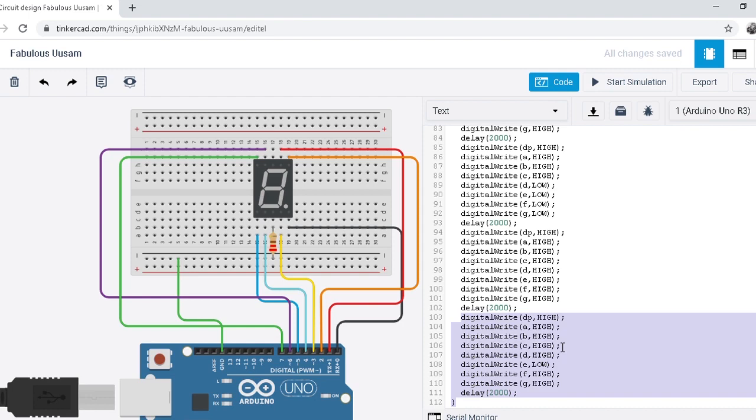We are not able to show the number 10, because we are only using a single 7-segment display, and this display only shows a 1-digit number. So my coding is complete now.